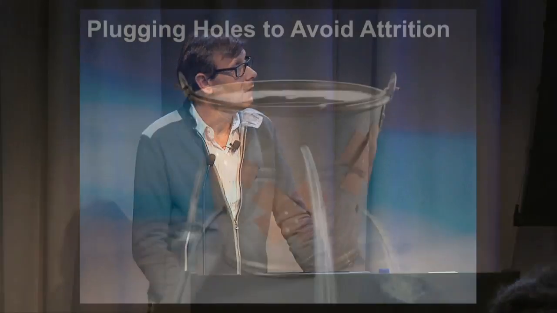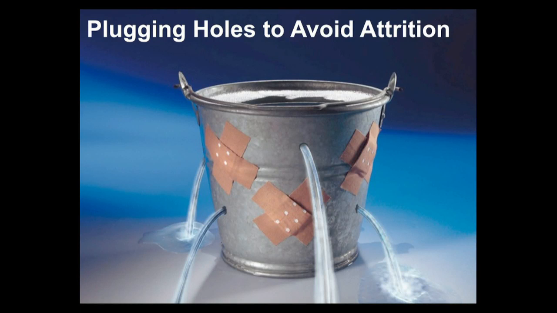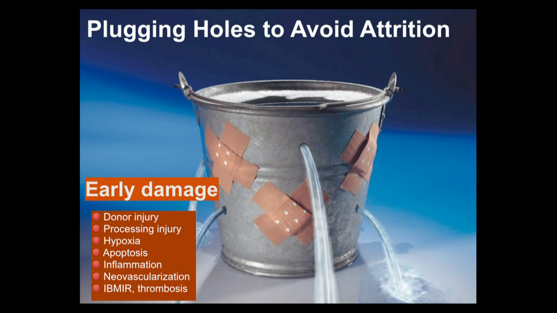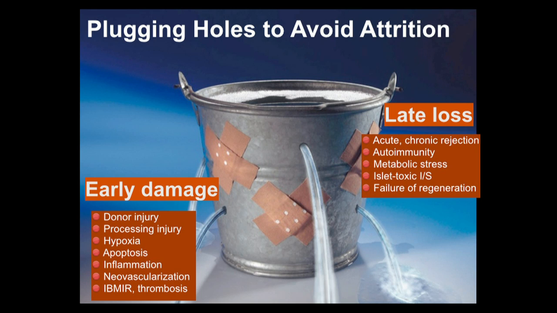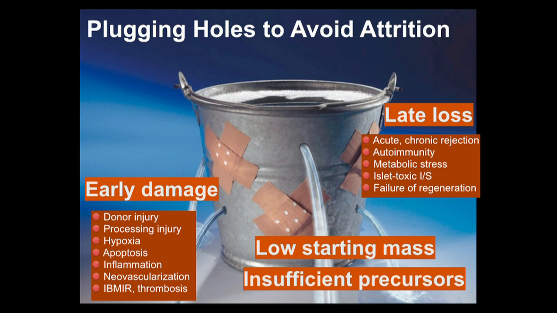And so we've spent a lot of effort now in the last several years seeing if we can improve these results over the course of time. If you can think of the number of the cells that we transplant into the liver here as a bucket, and the cells are being lost through little holes in the bucket, we've been working in science to see if we can plug the holes in the bucket to try and allow more cells to survive over time. So we've been looking at various pathways to reduce early damage of the cells, trying to prevent them from being rejected and preventing late graft loss, and then really trying to improve the number of cells that we put in at the beginning